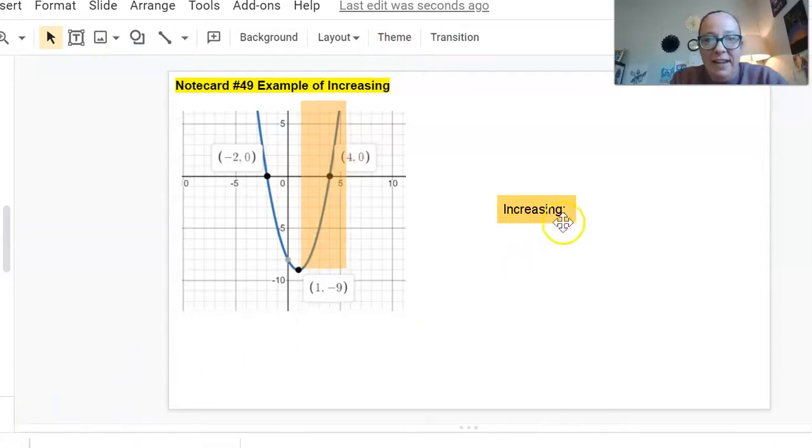Excuse me while I figure out this feature on here. But anyway, it's increasing in this area, and I have to write it in interval notation, left to right. So what is that leftmost x value? You use x values. That's 1. Now with increasing and decreasing, we will never use a bracket because we never can increase and decrease at an actual single point. So we always use parentheses with increasing and decreasing. So it's 1 span. Now is this going to continue increasing forever and ever? Yes. So it's 1 to infinity